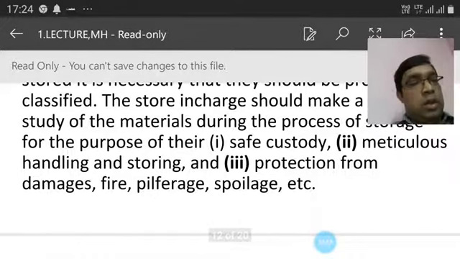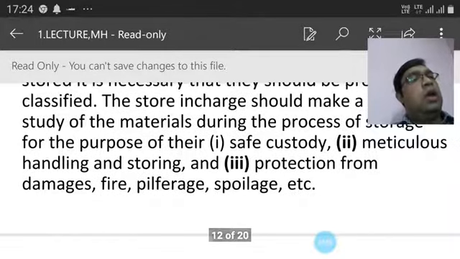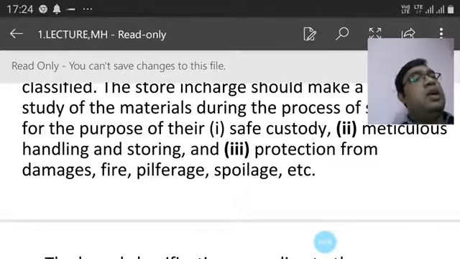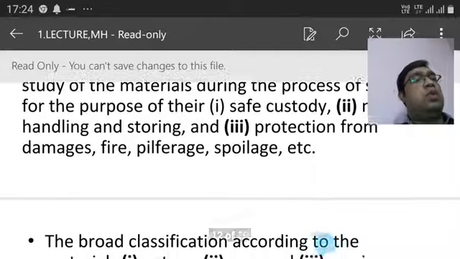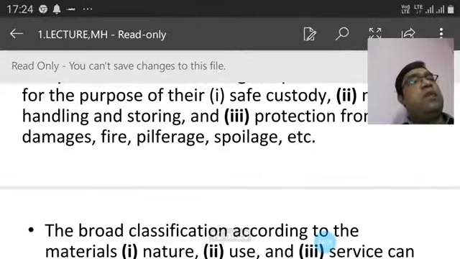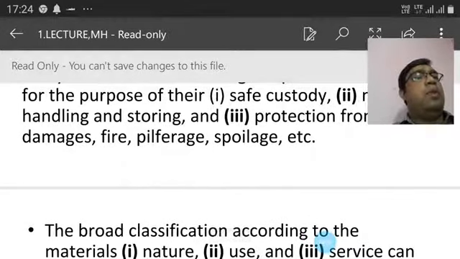Because you have to consider that the more inventory you hold, the more orders you have to take. Then good materials handling procedure will be considered for inventory control also. Safe custody and safe storage of materials are very essential, because in a few places you can see fire occurring. During the last 5 years we can see that in different industries fires have occurred, and this is very difficult, and a dangerous situation is created.